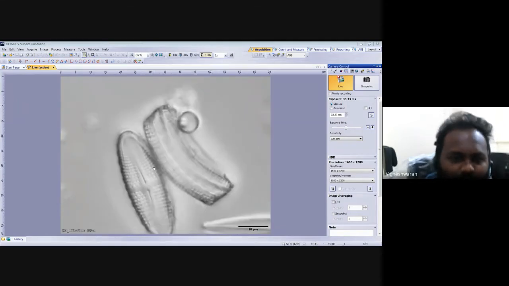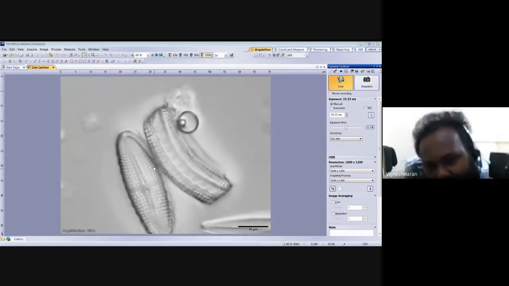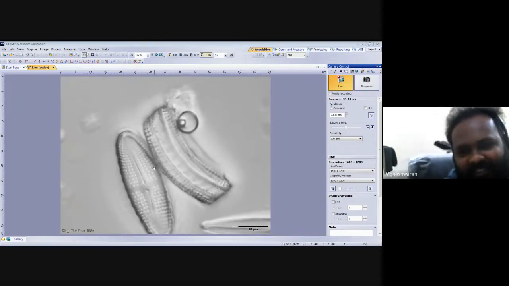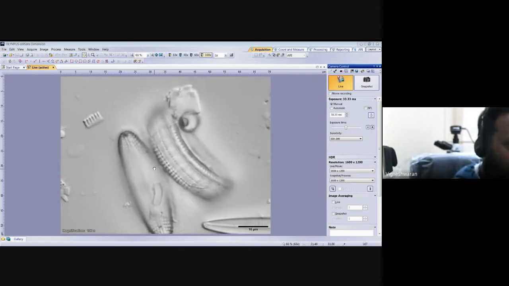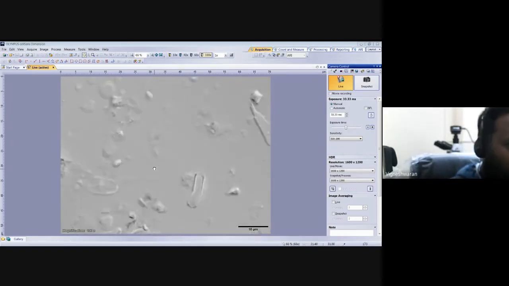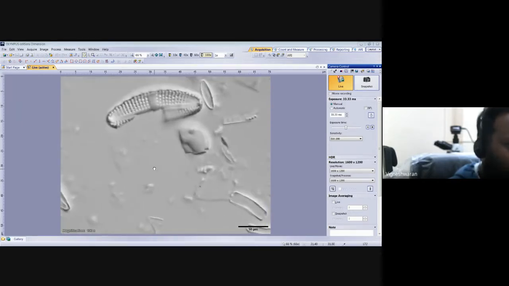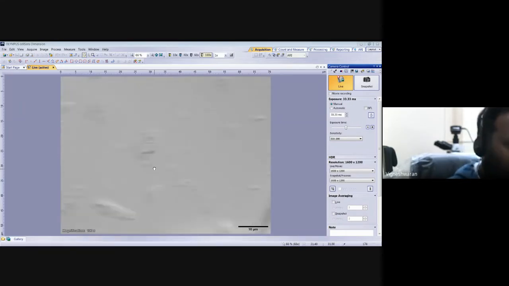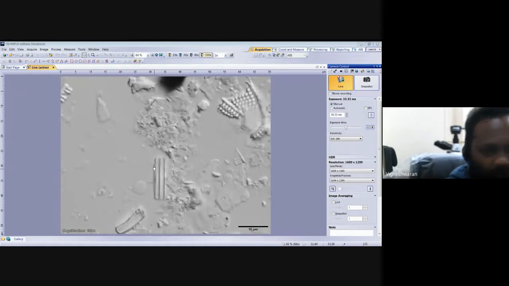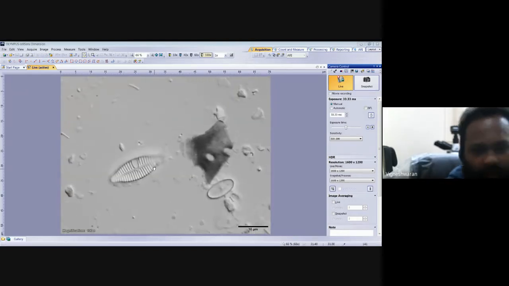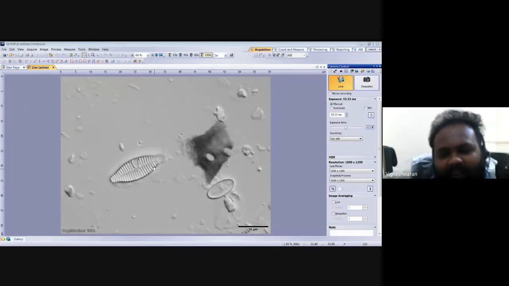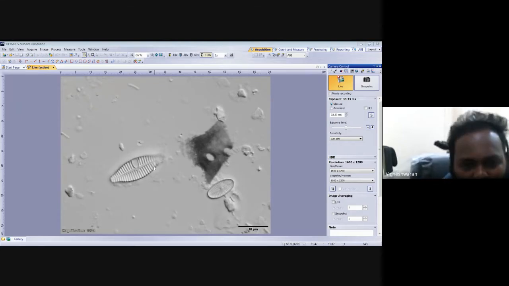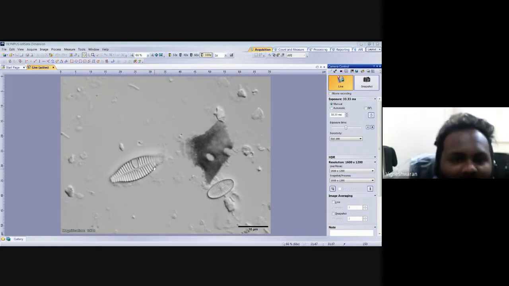Okay, so now we have seen diatoms in the microscopy. Now you might ask, what is next? The next thing is that we will enumerate these diatoms. If it is a taxonomic study, we will not count every individual diatom. For a taxonomical study, we just need to know what kind of community is there. So we will capture some 600 or 700 pictures, and we will make a plate out of them.